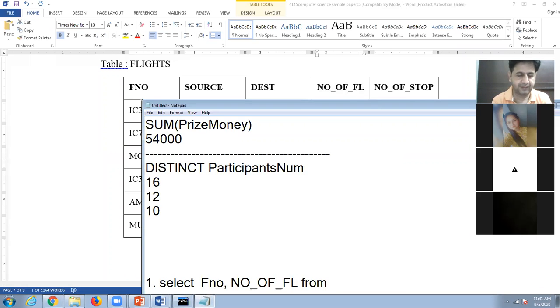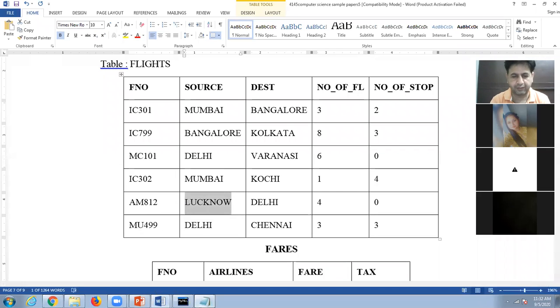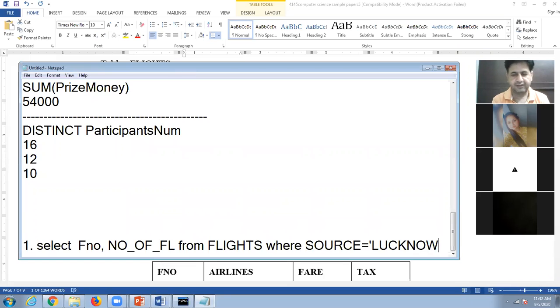From, table name is flights, where source equal to Lucknow. Okay, students. So they want that the source is Lucknow. So here in single quotes or double quotes, you will use Lucknow and then semicolon. So this is the answer of the first query.